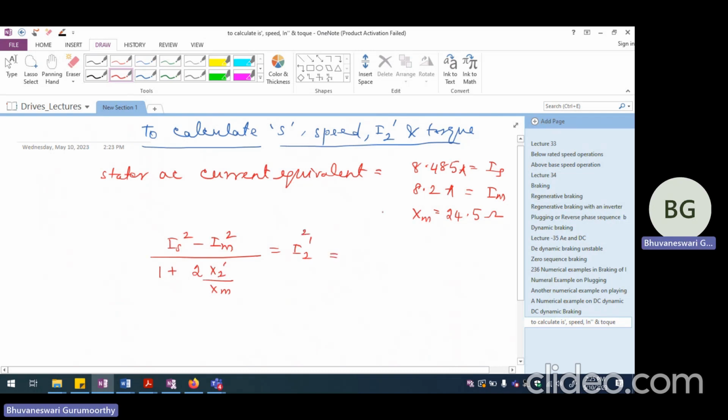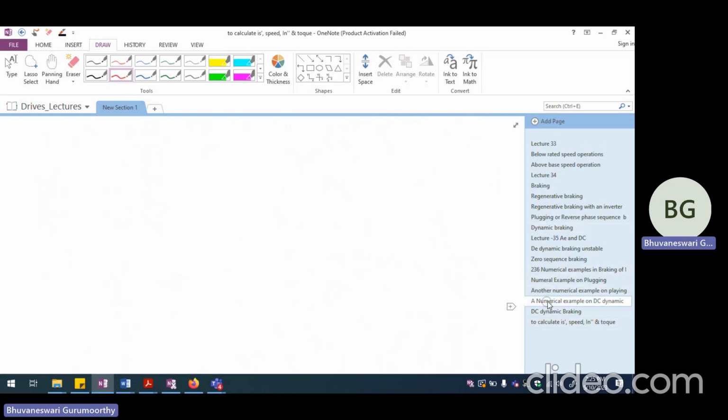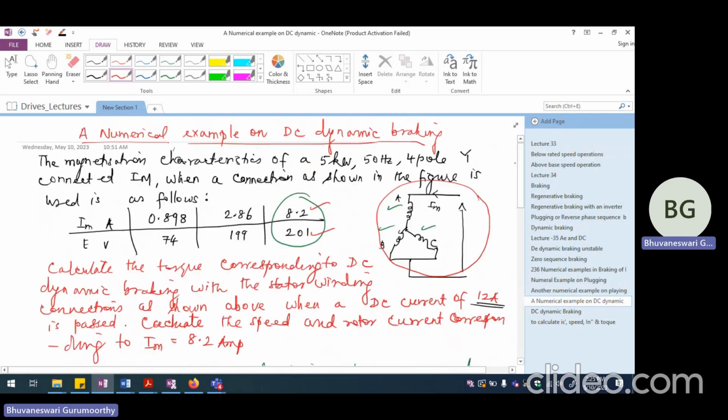So this we can calculate as 8.485 square minus 8.2 square divided by 1 plus 2X2 dash. So X2 is 4, I think it is given as 4. Let's see. X2 is given as,